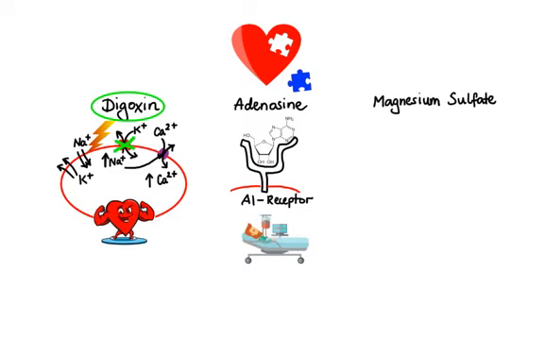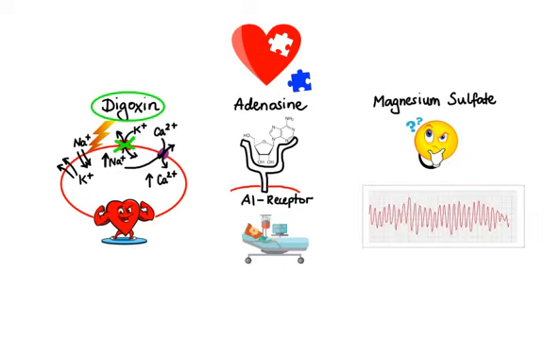Now finally, let's talk about our third agent, which is magnesium sulfate. Magnesium sulfate plays an important role in transport of sodium, potassium, and calcium across the cell membranes. Unfortunately, its precise mechanism of action for treating arrhythmias is largely unknown. However, what we know is that magnesium sulfate administered intravenously is very effective for treatment of torsade de pointes and